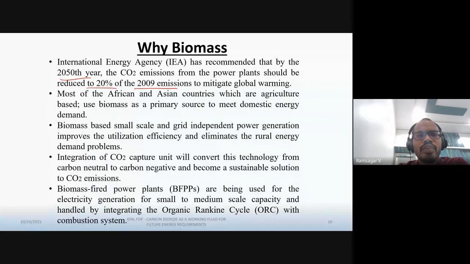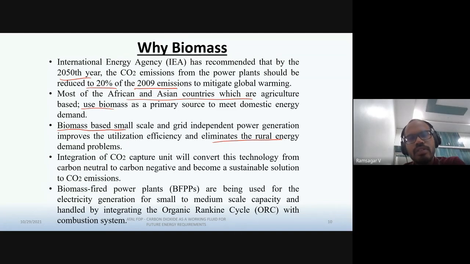And not only that, we have a lot of biomass reserves. Basically, all agricultural countries will have a lot of biomass, right? If we harvest that properly, we'll have a lot of energy source in the form of biomass. And usually biomass-based plants are small capacity plants, right? So they can be installed as grid-independent power generation sources, and by using this we can eliminate the rural energy demand problems,